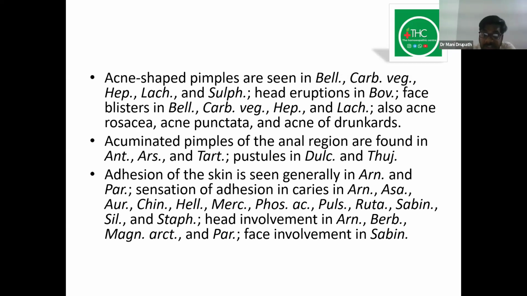Adhesions of the skin are seen generally in Arnica and Paris quadrifolia. Sensation of adhesions in caries: Arnica, Asafoetida, Aurum, China, Helleborus, Mercurius, Phosphoric acid, Pulsatilla, Ruta, Sabina. Adhesion is nothing but a combination there. If there is any adhesion on the skin,